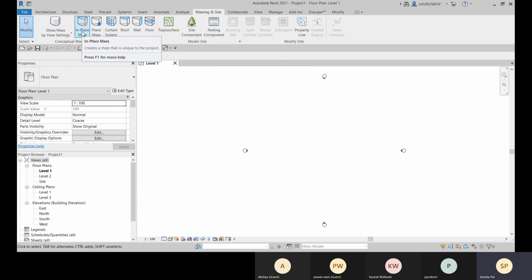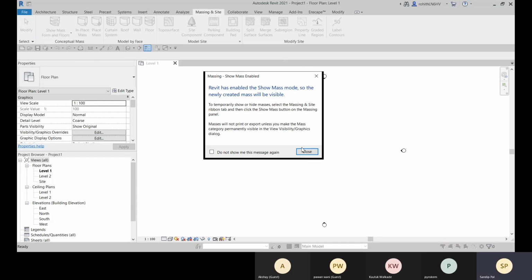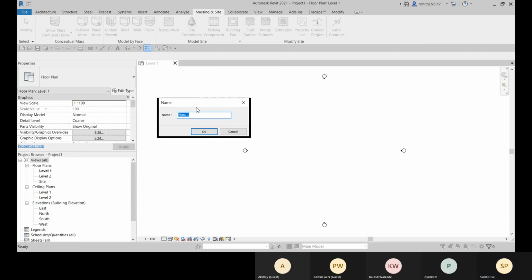So we have this in place mass option, and when you click on it the first time, you will get this message that it will enable this show mass mode, so that all the masses will be visible. Close it, and now you have to give it a name.